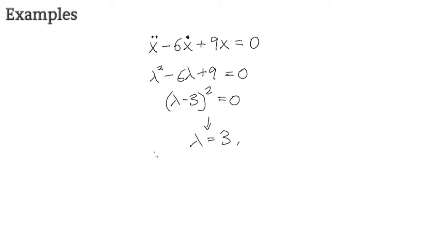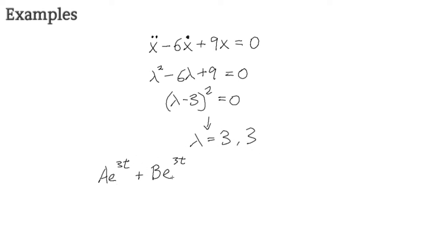So our typical solution for lambda equals 3 is a e to the 3t, because this is dot, so dx by dt, add b e to the 3t. This is if we have two 3's, but